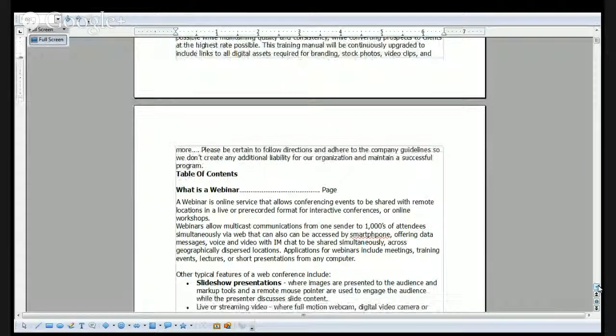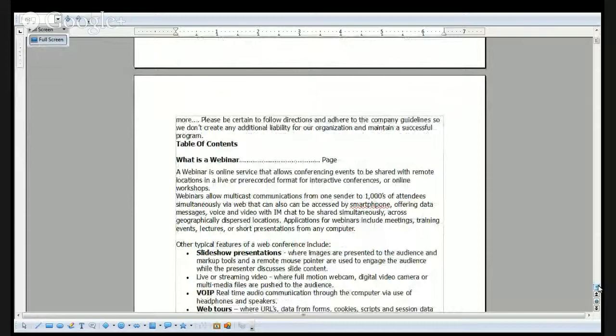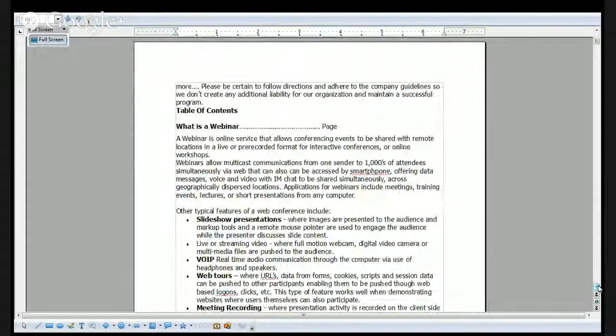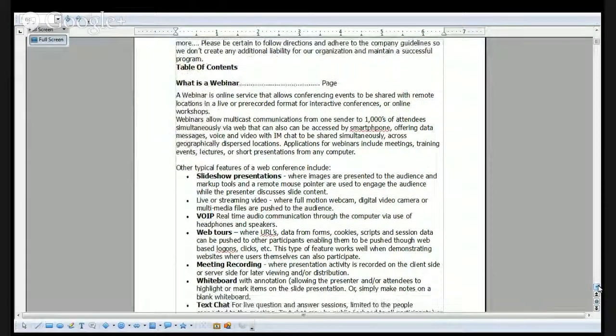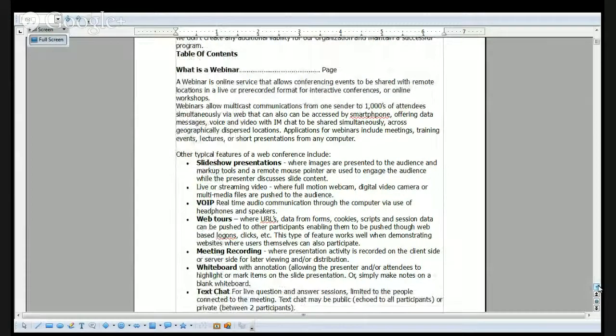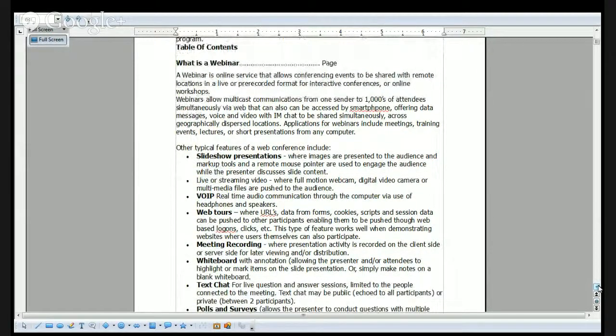What is a webinar? A webinar is an online service that allows conferencing events to be shared with remote locations in a live or pre-recorded format for interactive conferences or online workshops. Webinars allow multicast communications from one sender to thousands of attendees simultaneously via web. They can also be accessed by smartphone, offering data messages, video, and video with IM chat to be shared simultaneously